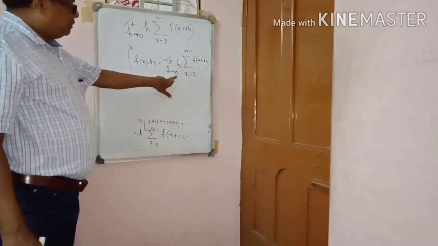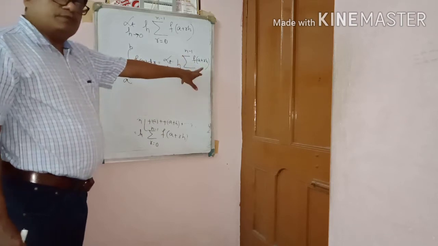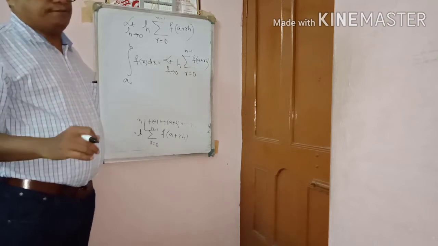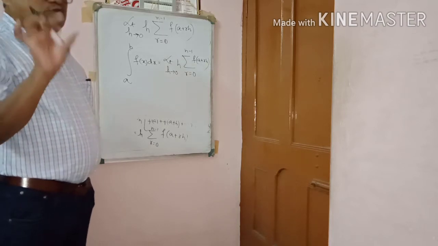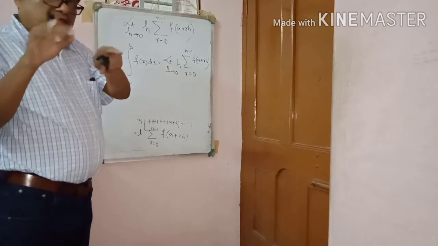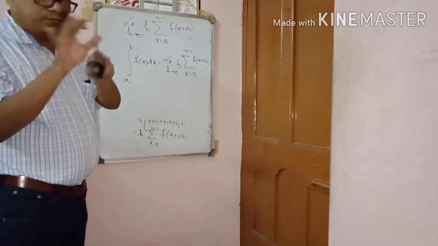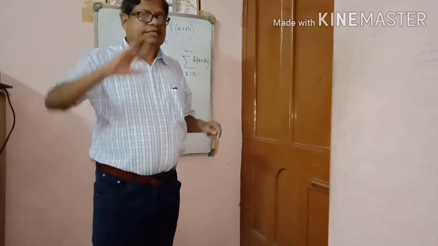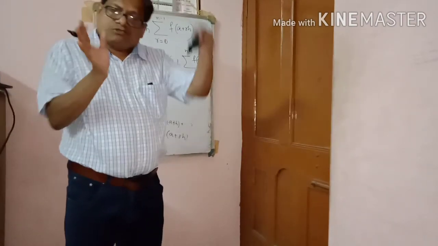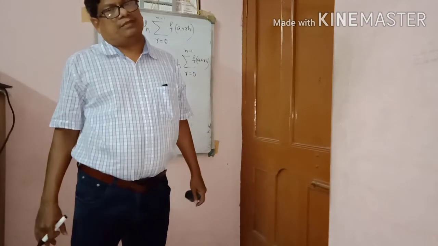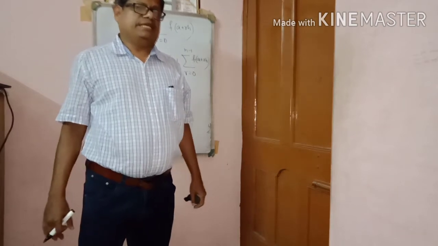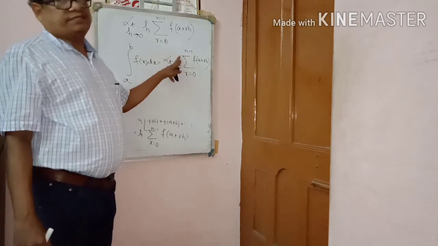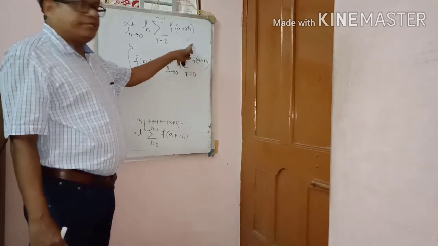Limit h tends to 0, h summation r equal to 0 to n minus 1 f of a plus r h. Listen now, when I draw the figure, this is one rectangle taken now and the triangle omitted, not taken. We are not taking the triangle area. If we extend this part, the same result will come. So that's why limit h tends to 0, h summation r equal to 0 to n minus 1 f of a